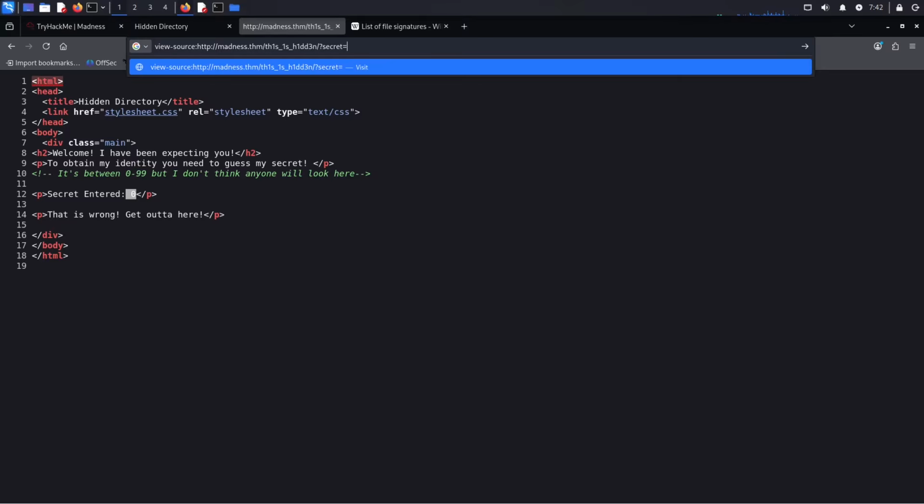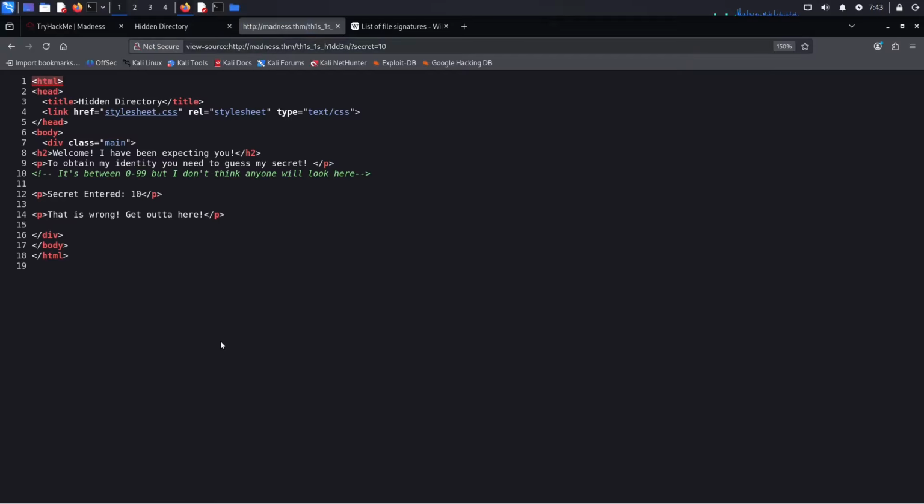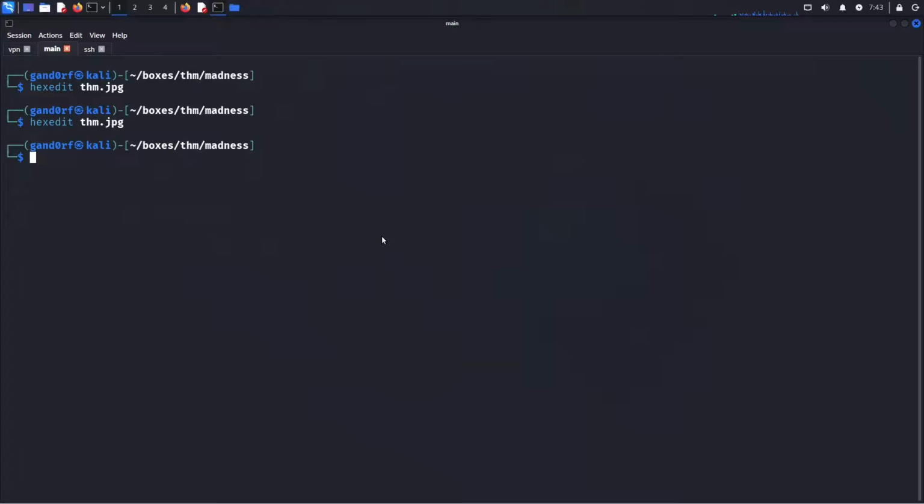If not, then we'll throw together a script real quick to take care of this. Okay, so nothing in the first 10. So we're going to do this real quick. Instead of writing a script, there's actually a way we can use a directory scanner like ffuf to see what